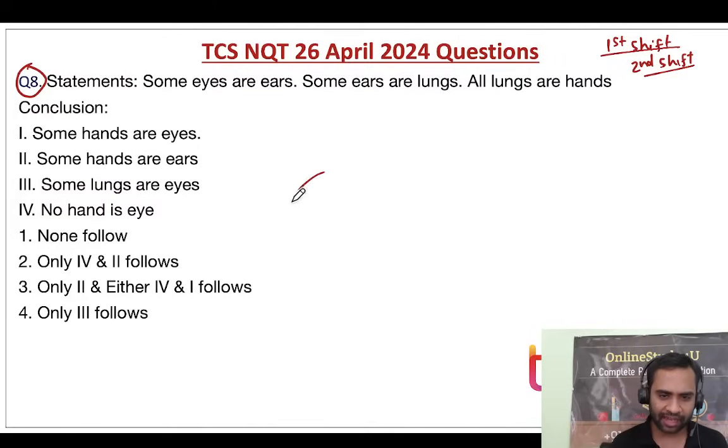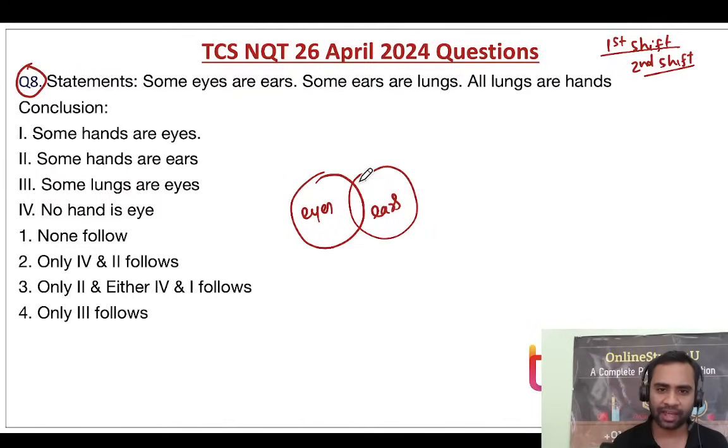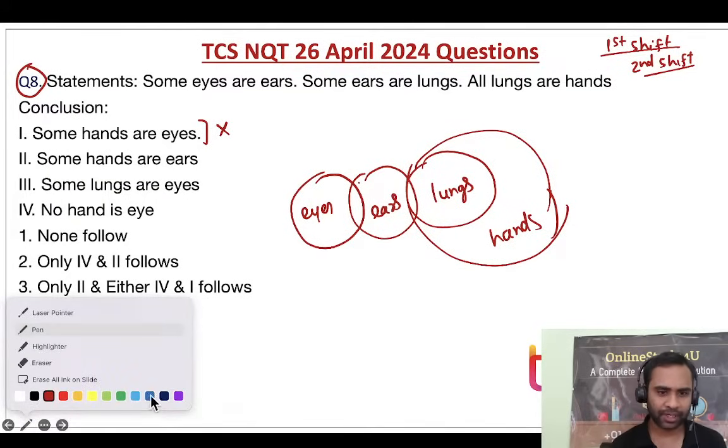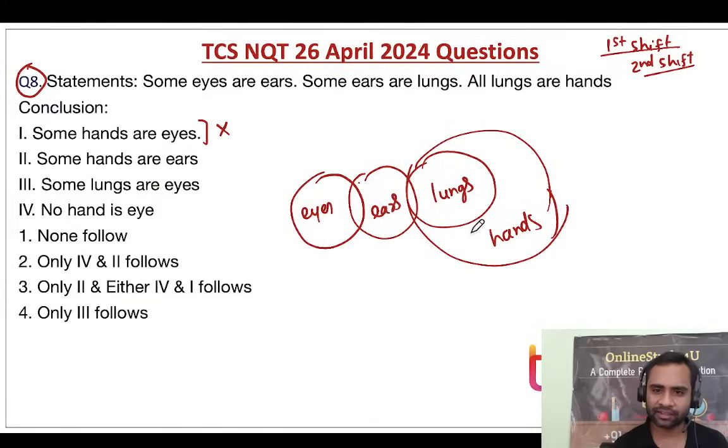Some eyes are ears, and some ears are lungs, and all lungs are hands. Now, some hands are eyes? No. Hands and eyes, it might or might not be. Then some hands are ears?